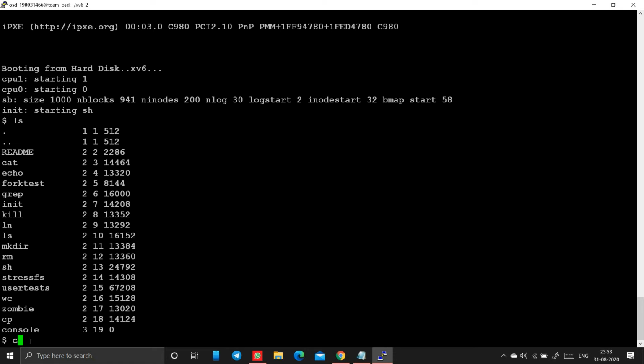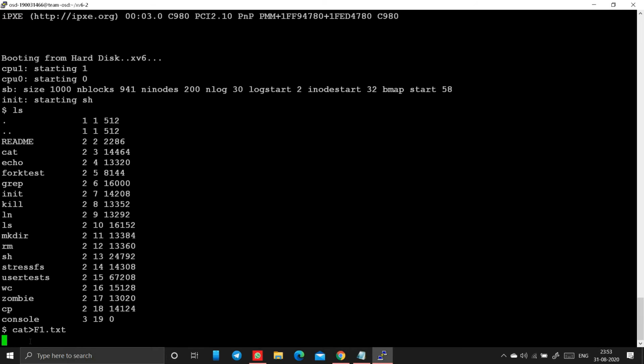So the cp command is nothing but copying text from one file to another file, right? So for that we should create a file, that is f1.txt. To create a file we use the cat command, cat right angle bracket, and f1.txt is used to create f1.txt and open that. Actually we have many commands like touch and nano also, but in this cat is most preferable. I think nano doesn't work here. Okay, use the cat command itself, cat right angle bracket and f1.txt.